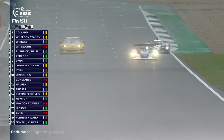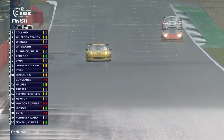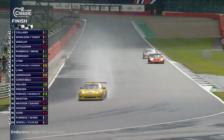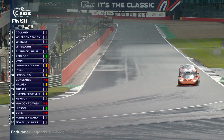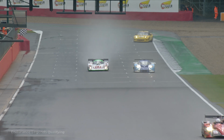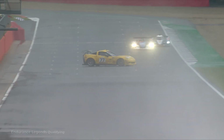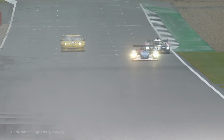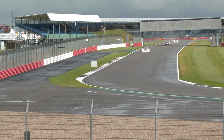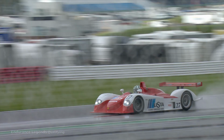A spin for the number 77 car, David Methley in the Chevrolet Corvette. Thankfully, he didn't get collected because that could have been a bit awkward. Cars coming out of the last corner, across the line, and he's got it going once again. So qualifying has come to an end. Let's just have another little look. So you put a wheel on the curb, you get that little bit of slipperiness, wheel spin, it has a big wobble and spins it round. Thankfully ends up pointing in the right direction and is able to just continue once again. Thankfully there was no one right behind him at the time. So he got away with that, did David Methley in the Chevrolet Corvette. He's a little bit further down the order. He's in 26th position on the grid, but nonetheless